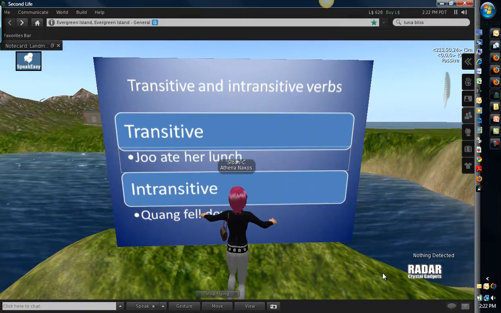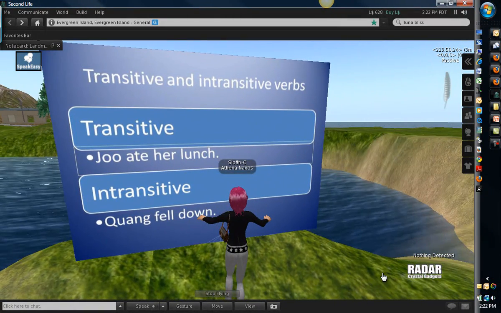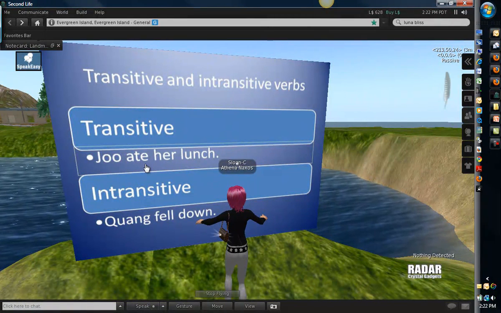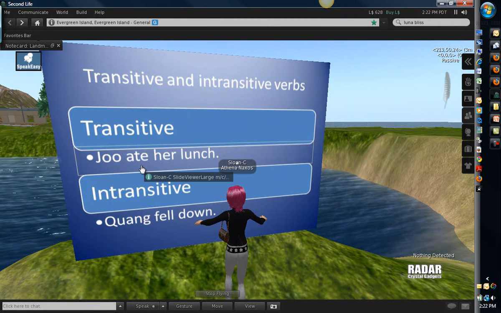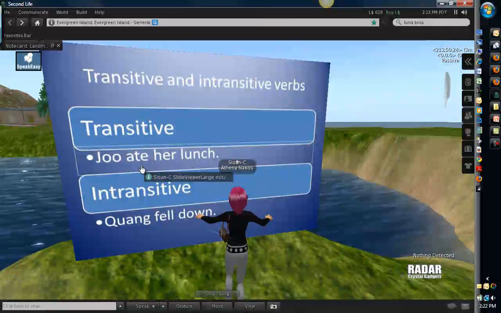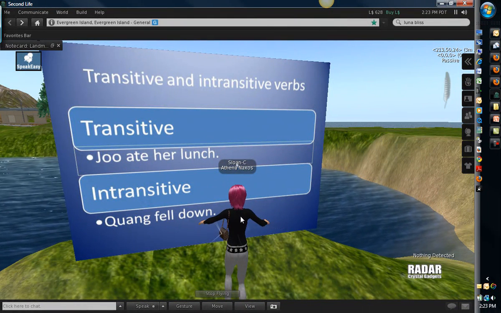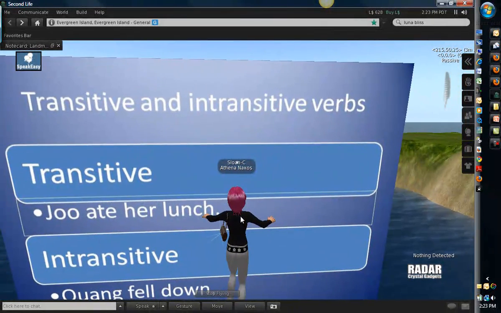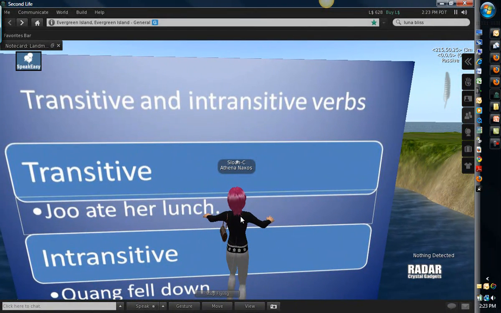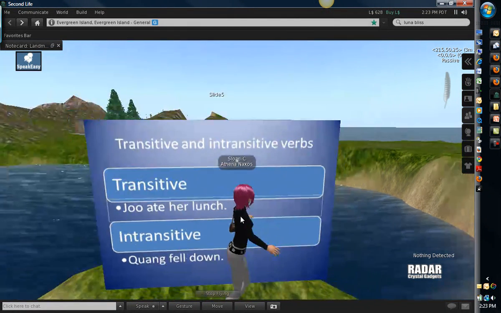Here you see the sentence, Ju ate her lunch. Ate, or eat as the base form of the verb is called, is a transitive verb. It takes a direct object. In this case, lunch is the direct object of the verb eat. So this verb is transitive. We can make a passive voice sentence out of that,